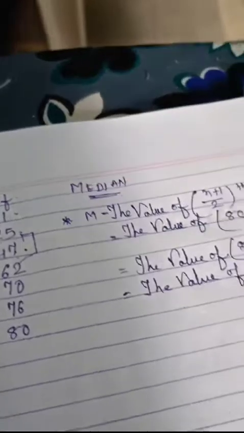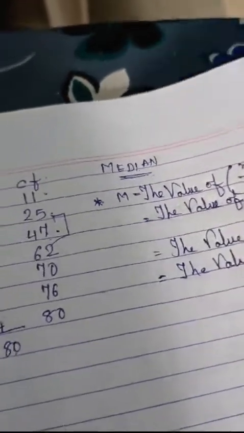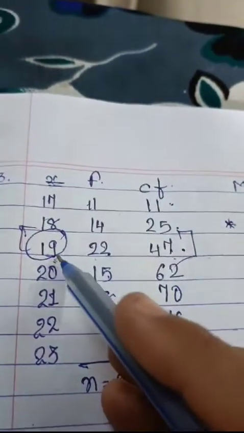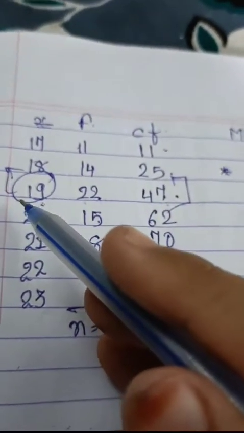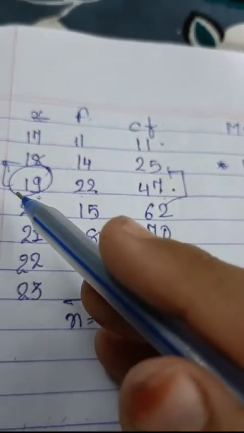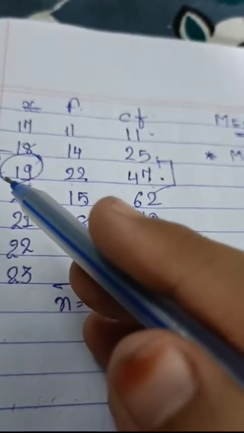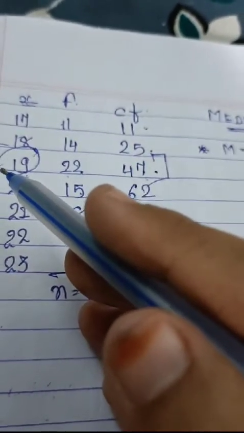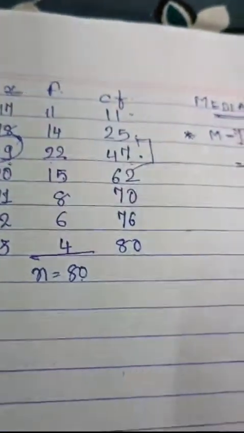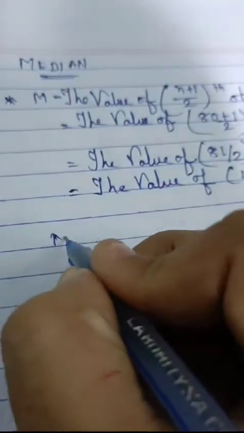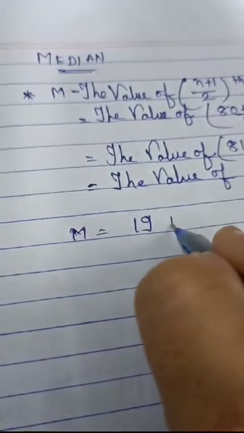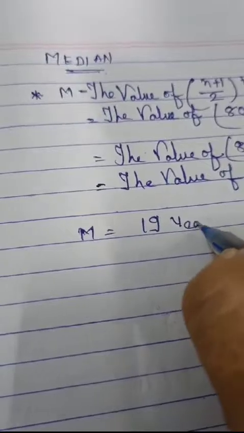That is the age criteria. How many students are in each age criteria? There are students who belong to the age of 19. Okay, what is the particular answer? The answer is 19. Is that clear? For the age, we are finding that 80 students were selected from a college, and the median age is 19. So here m is what? M equals 19 years.